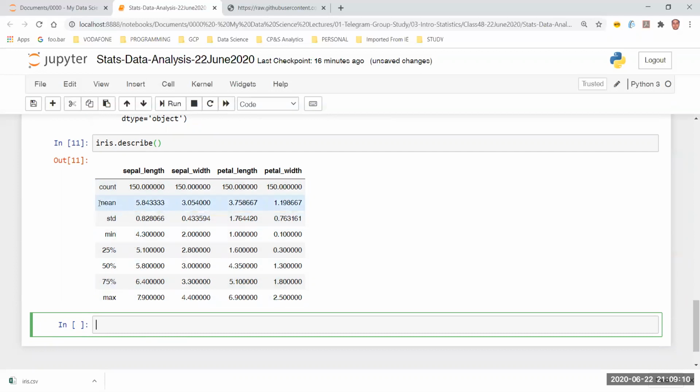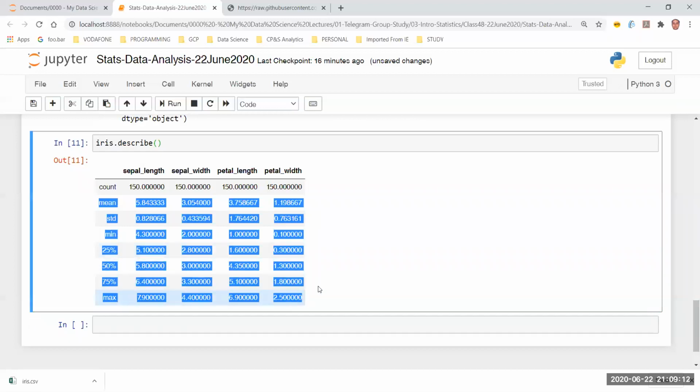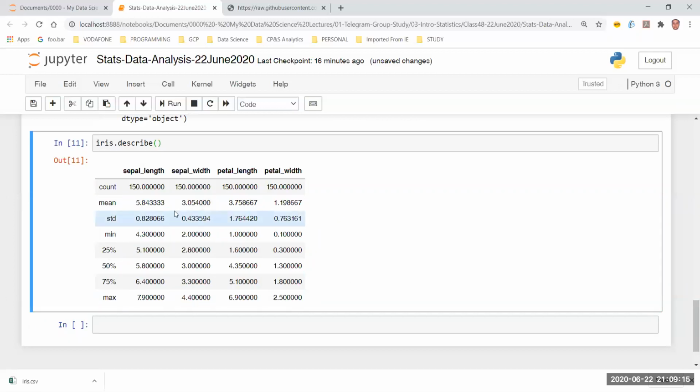So the description of the data set can be quickly summarized using these 7 types of statistics which you see over here. Starting with the mean, this is the average. Then I have the standard deviation. I don't see much of a standard deviation in any of the data except this. A quick thing to note, petal length has a very good amount of standard deviation. With a mean of 3.75 and standard deviation of 1.76, this means the variation of the data when it comes to petal length is actually higher than what we see in the other cases. The least standard deviation is in the sepal width.